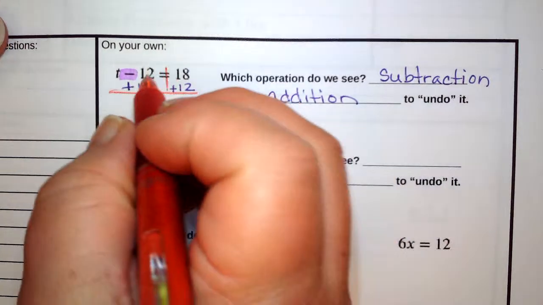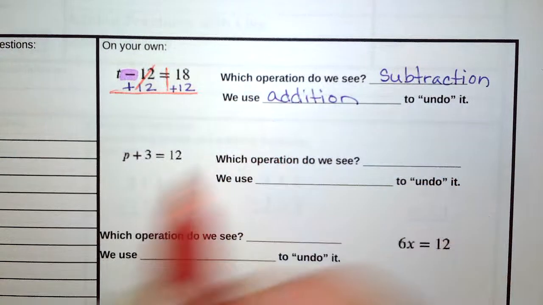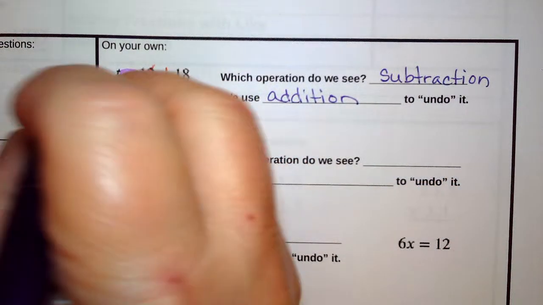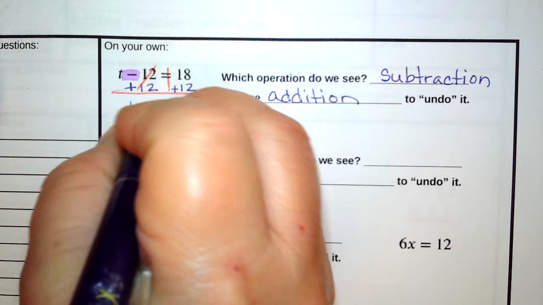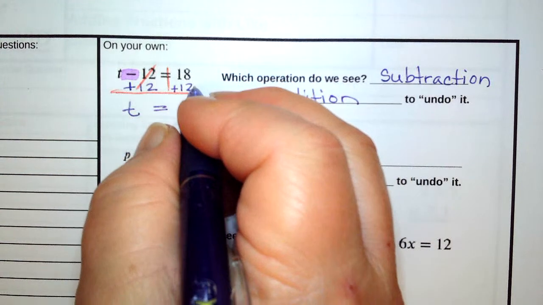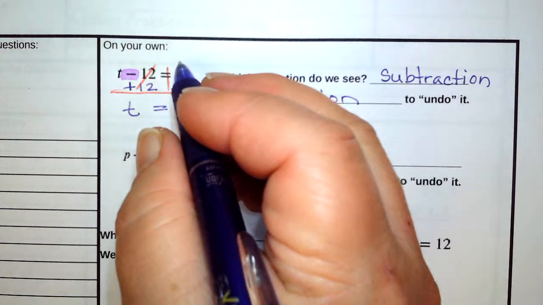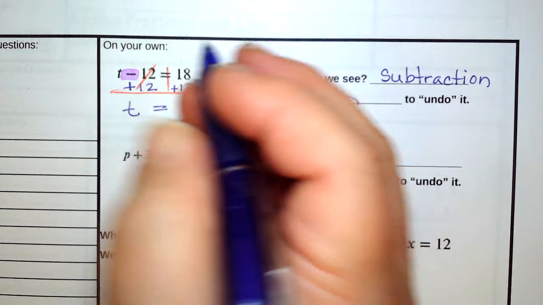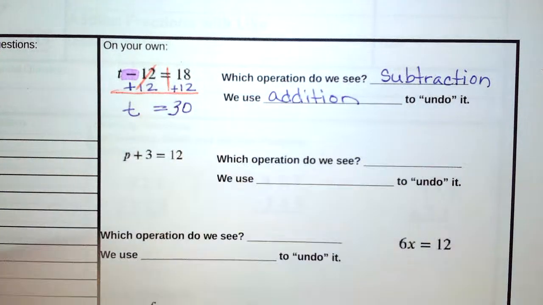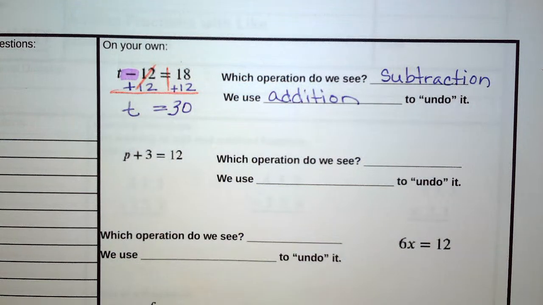Negative 12 plus 12 is 0. I've zeroed it out. T is equal to 8 plus 2 is 10, so I'll bring the 0 down, put a 1 up there. 1 plus 1 is 2, plus 1 is 3. So T is equal to 30. To check,